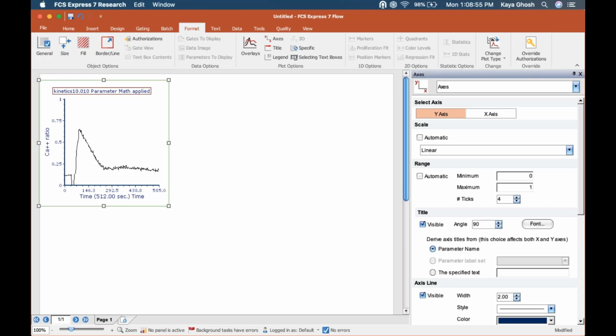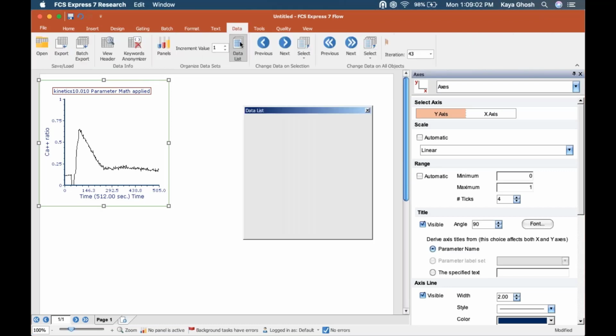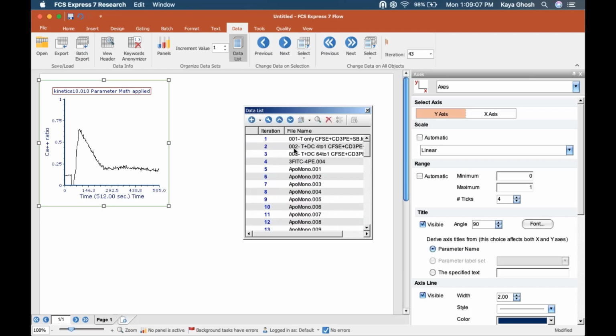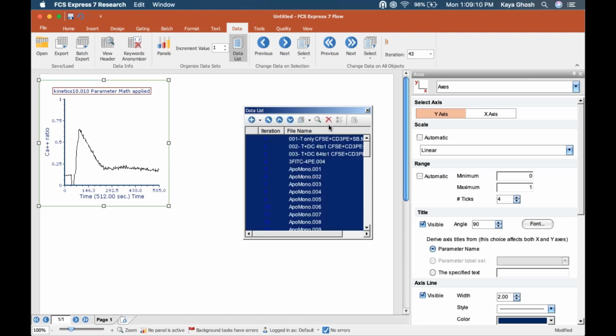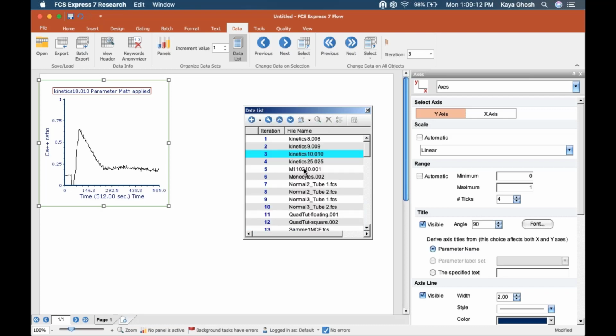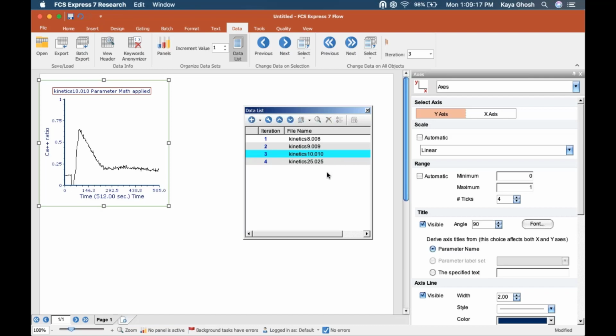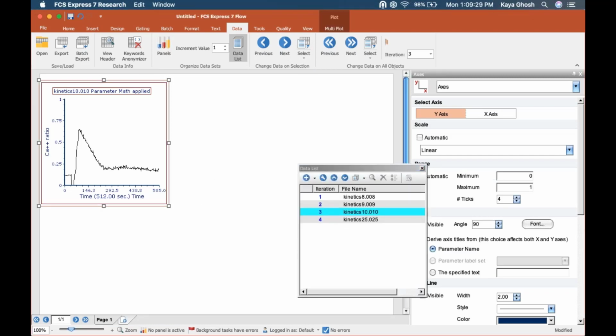And let me show you that we can actually look at the next data in our data list. So I'm not going to talk about batch processing in detail today, but basically all the files from your data list, maybe I'm going to delete these extraneous files that I don't need. Let's just keep the kinetics files here in my data list. These were added to the data list as soon as I inserted a kinetics plot in a new layout. All the files from the folder are in the data list. So I could go backwards and forwards and look at these different plots from the different files,